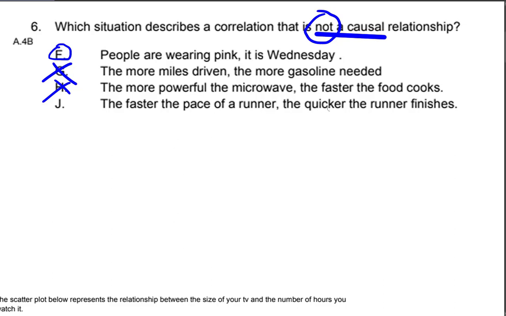The faster the pace of a runner, the quicker the runner finishes. That's true. If the runner is running at a faster pace, we're not saying he's a faster runner, we're saying he's running at a faster pace. Ergo, he will finish the race faster. So that is a causal relationship as well. So all three of these were causal. This one here is not causal. There is no reason that it being Wednesday would affect